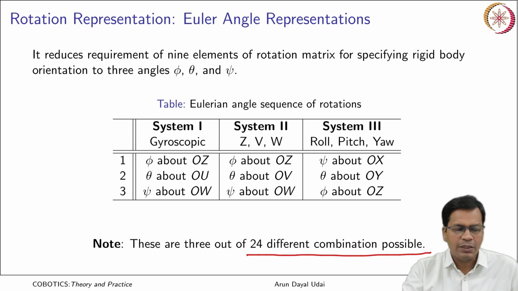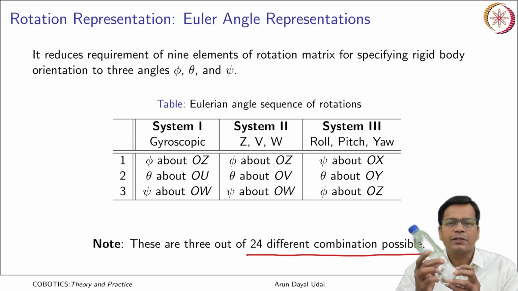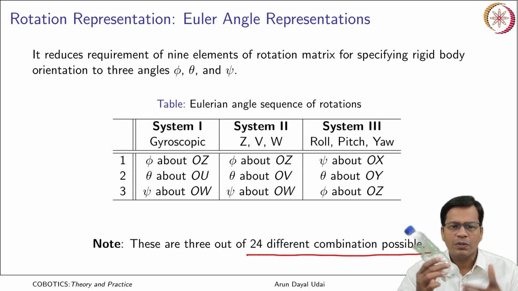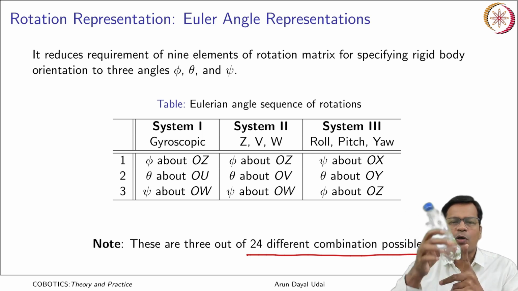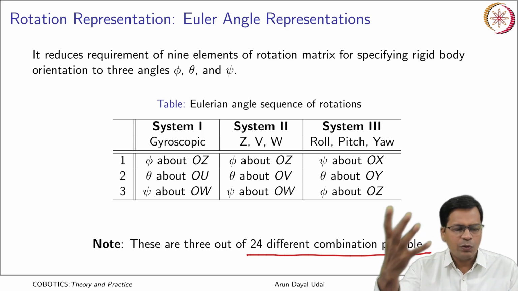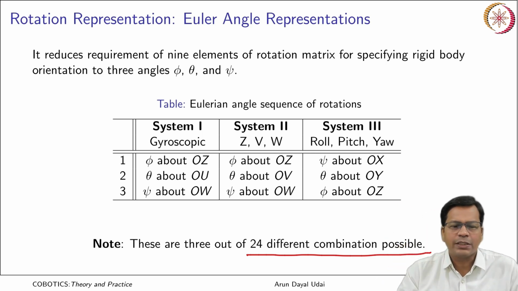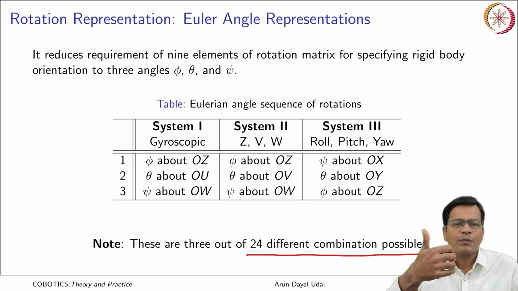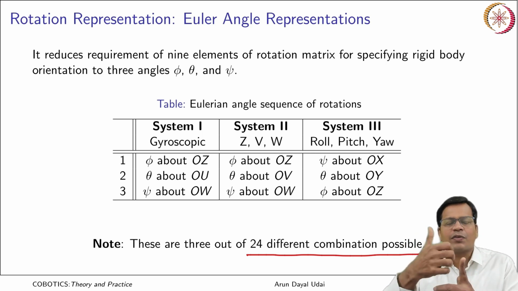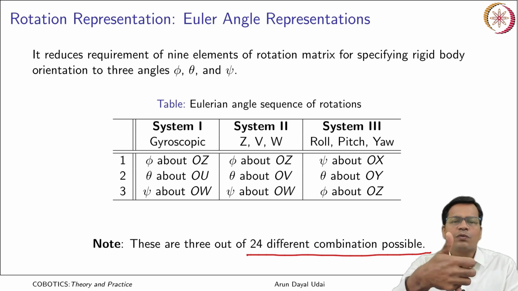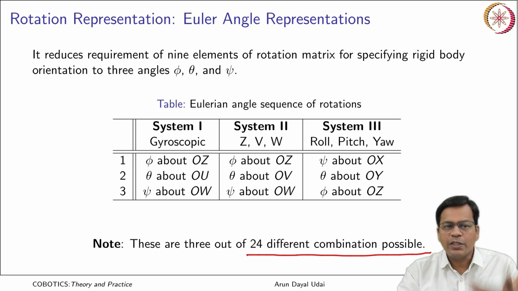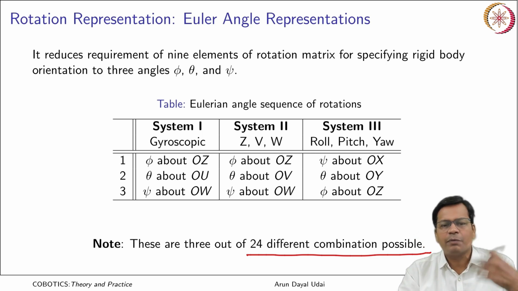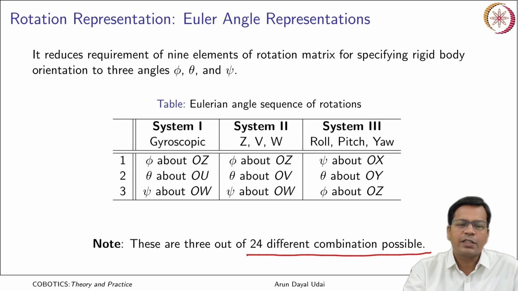What does it mean basically? There is an object in space, and you rotate about the global frame, about the x axis, about the y axis, about the z axis, and you reach a certain orientation. You could also have done a rotation about the x axis and then a rotation about the current reference frame, wherever it is now; from there you rotate again, and from the new frame you rotate once more. That means the first was with respect to the global frame and the remaining two were with respect to the relative frame, wherever it is.